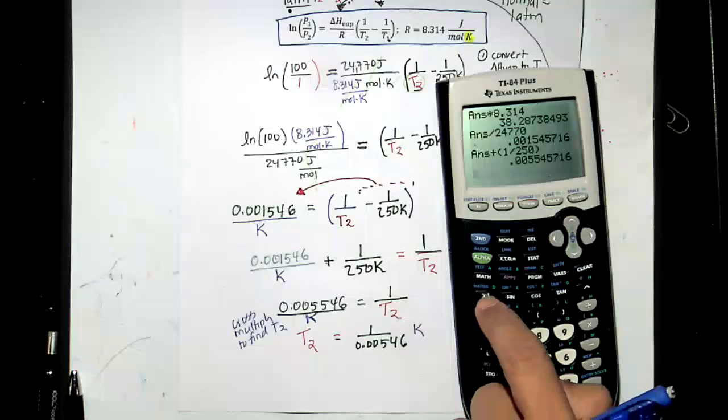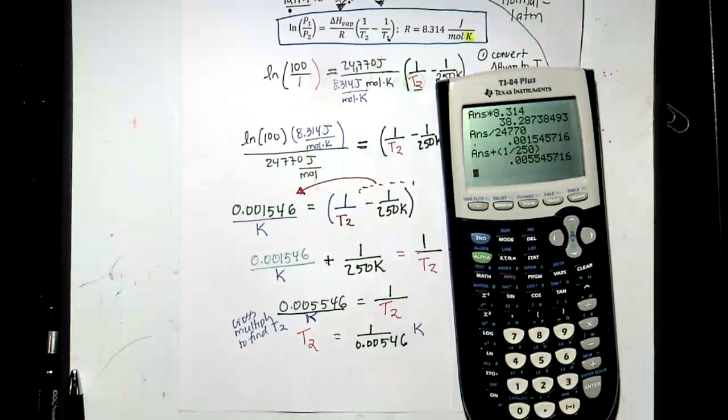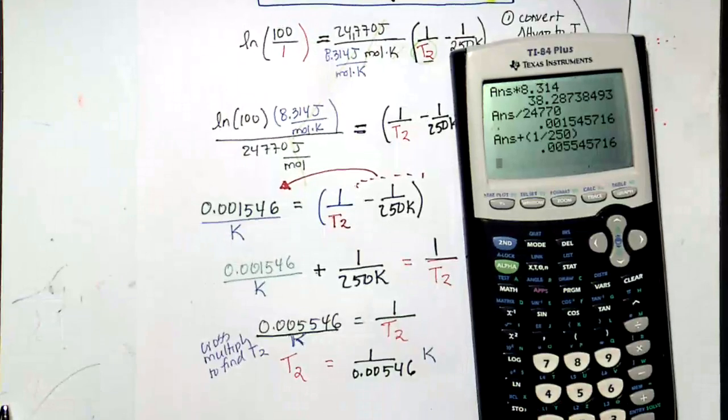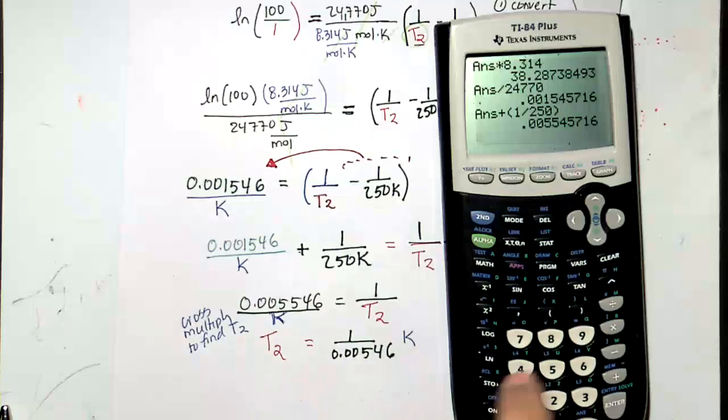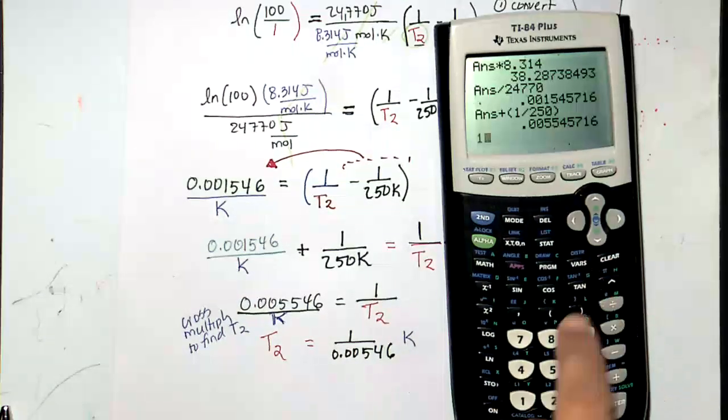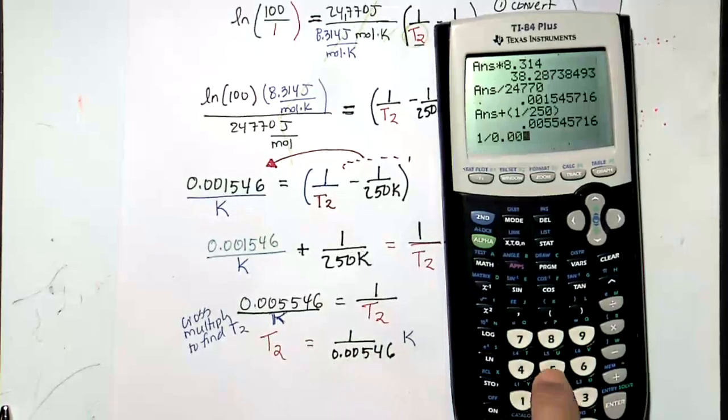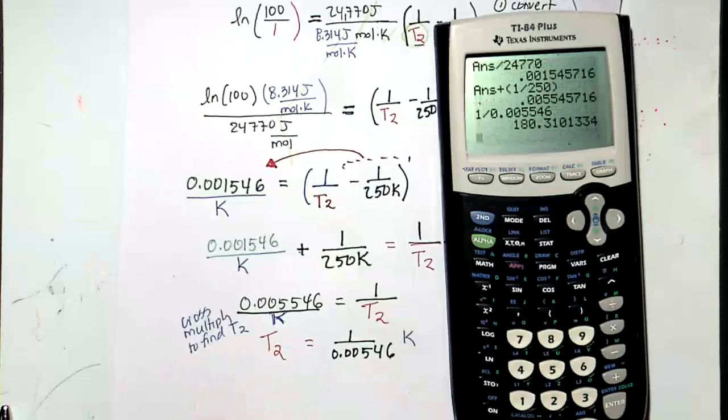All right, so what's 1 divided by this? Do you see this little x to the minus 1? Okay, that does the reciprocal. Or you can just go ahead and do 1 over this number. So about